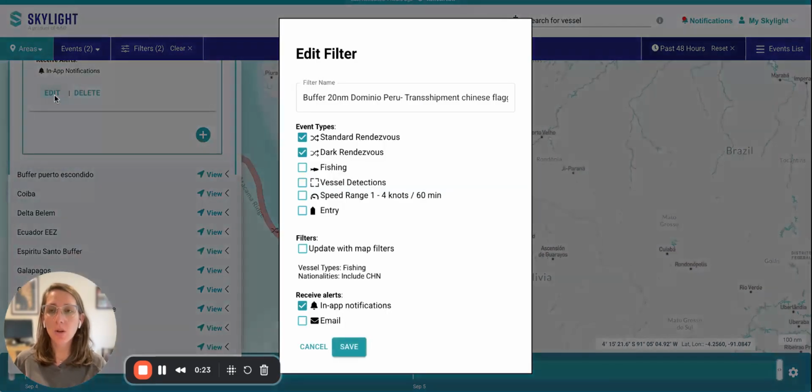And so let's talk about the alert some more. So I have selected in-app notifications, and now I also want to receive an email because I think this is very important and I want to know right away when one of these events is happening, right? So I'll save. From that moment on, I will start receiving emails with a summary of the event, the name of the vessel, location, time for that event we have identified,